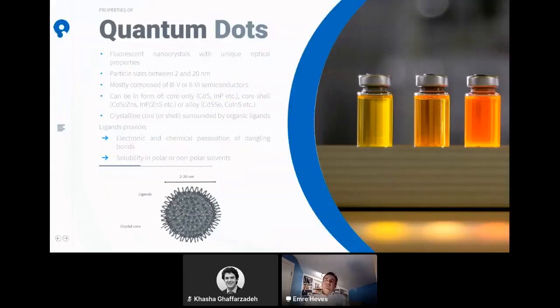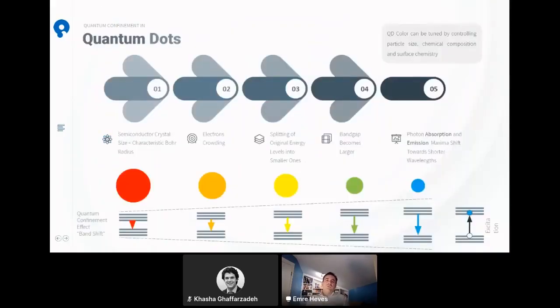So let's start with quantum dots. Quantum dots actually are fluorescent nanocrystals with unique optical properties. Their size ranges between 2 to 20 nanometers. Mostly they are composed of semiconductors of group 3 to 5 or 2 to 6. And they have crystalline core structures surrounded by organic ligands. And these ligands provide electronic and chemical passivation of their dangling bonds, and also solubility in polar or nonpolar solvents. So the most important property of quantum dots is quantum confinement,